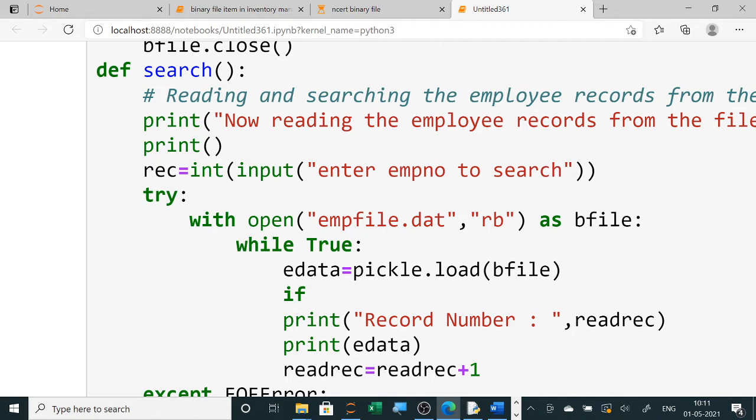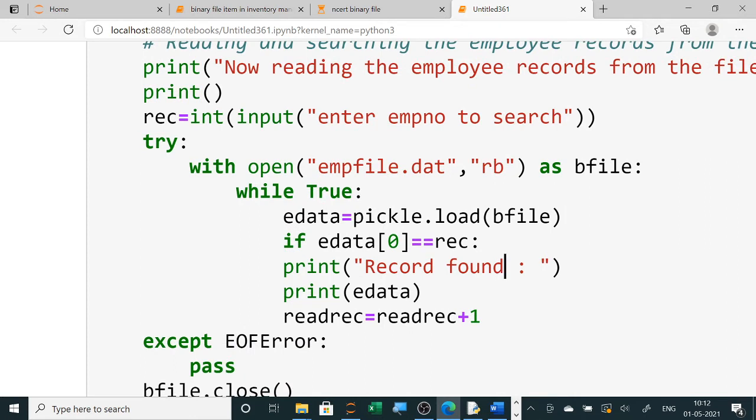And now here if your eData0 is the index of employee number, this is equal to the user entered record, then you have found, so record found, and this I am removing from here. So I am simply writing record found, and here this record will be displayed, which record you have found.